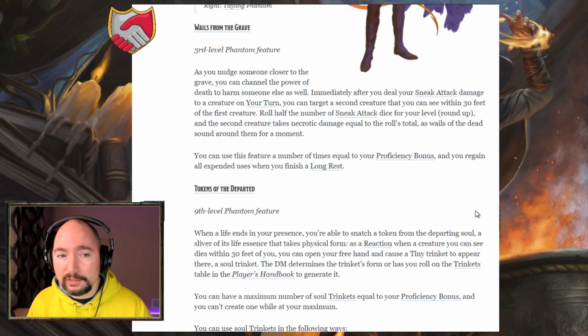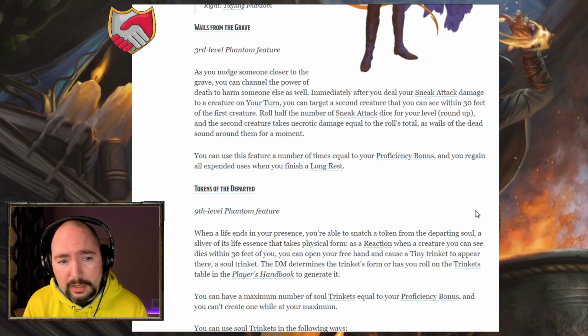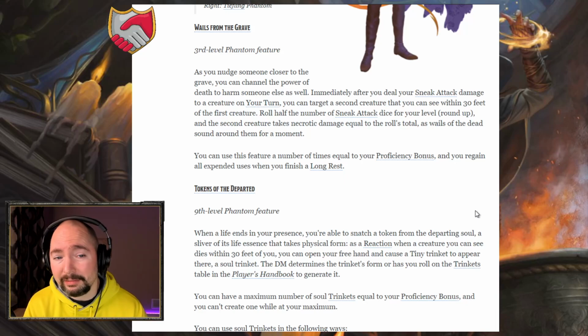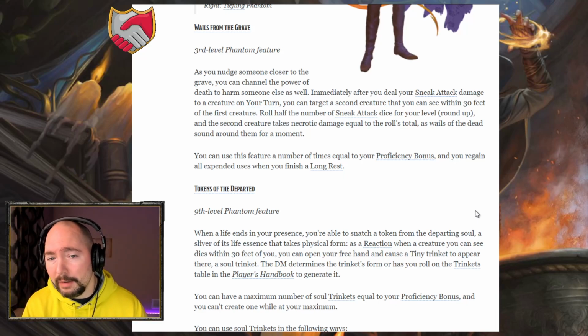Next up we have Wails from the Grave, also at 3rd level. As you nudge someone closer to the grave, you can channel the power of death to harm someone else as well. Immediately after you deal your sneak attack damage to a creature on your turn, you can target a second creature that you can see within 30 feet of the